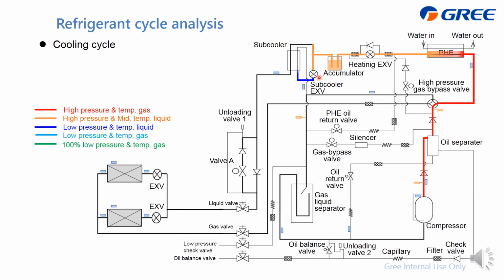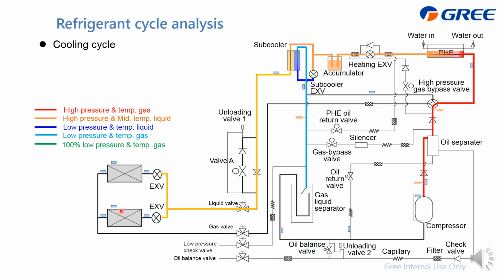Then it gets into this EXV, which is the subcooler EXV, and gets expanded and becomes low pressure and temperature. Then it goes to this one, and absorbs heat from the main row. Itself becomes gas and flows back to the gas liquid separator. Then the main row refrigerant becomes cooler, and then it can go further to the furthest indoor unit, and